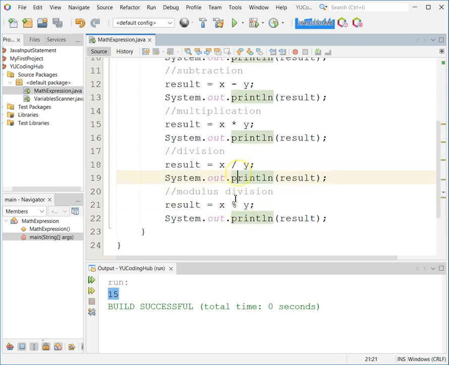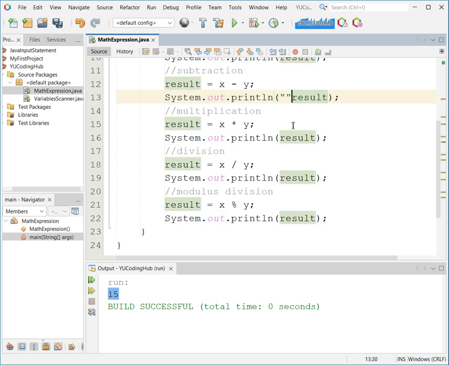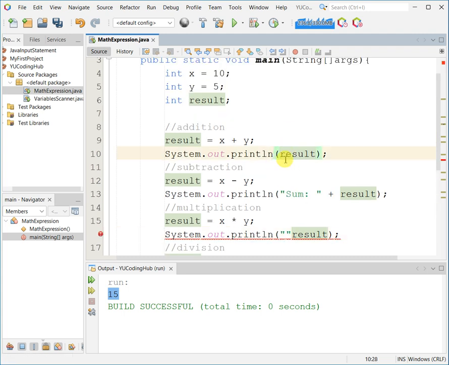Now, division and modulus division are almost the same. However, in division, the result is going to be the quotient, and in modulus division, the result is going to be the remainder. Let me just put some text here. Sum, which is the result of addition. Then we have difference. Oh sorry, this is going to be sum, like that.